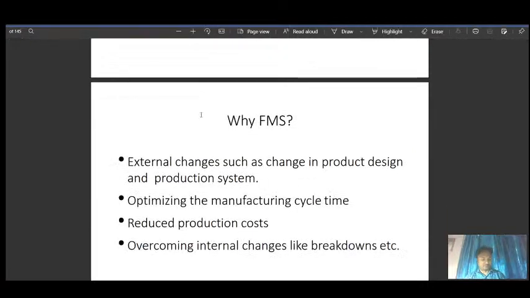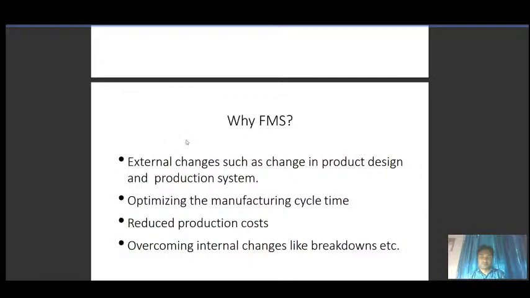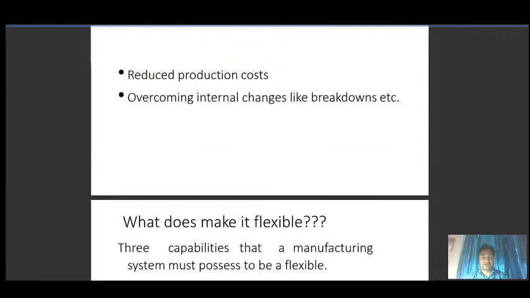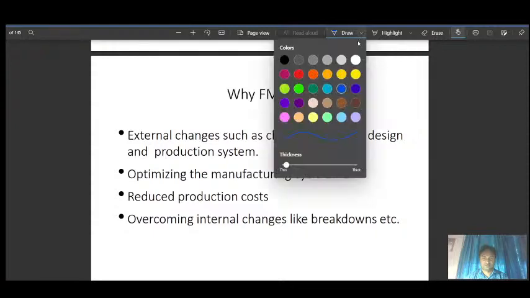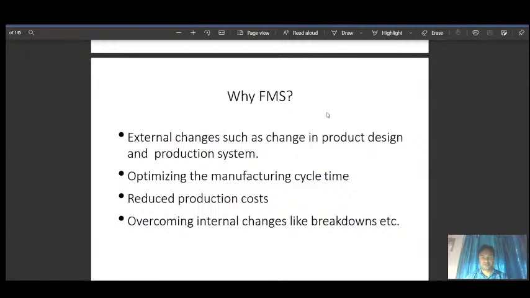So last time we discussed a bit about FMS, where we discussed the history and what the components in FMS are. We also discussed why companies go for FMS, because as you know, the day by day competition is increasing in the market, and they need to remain in the market.